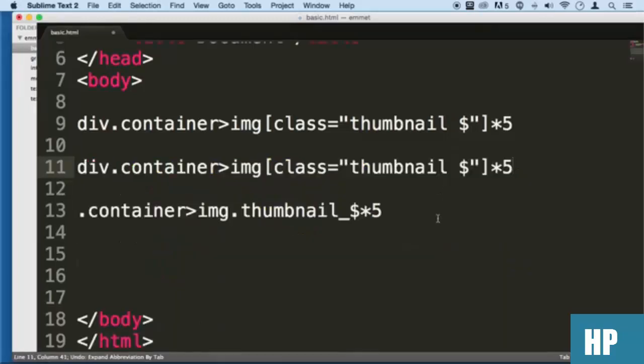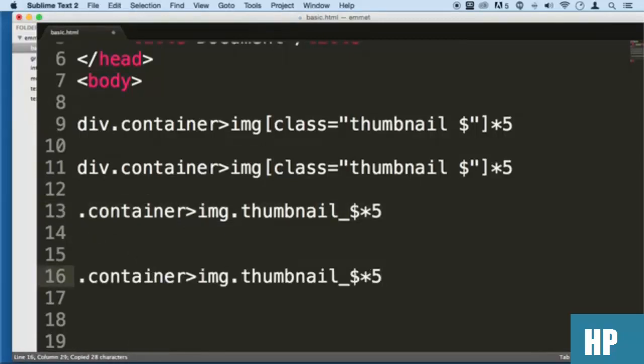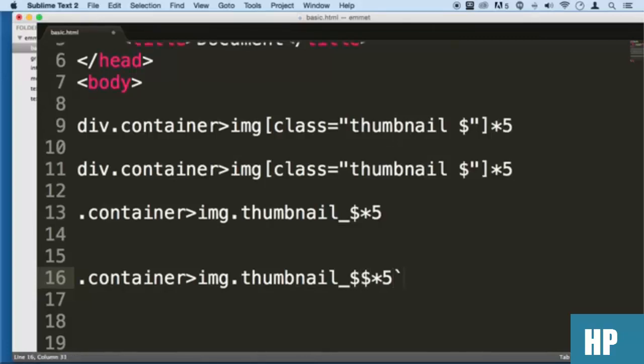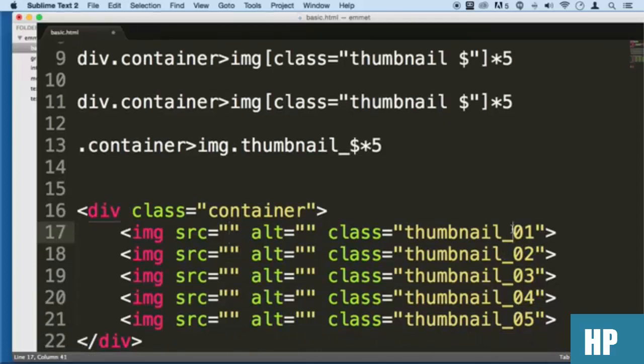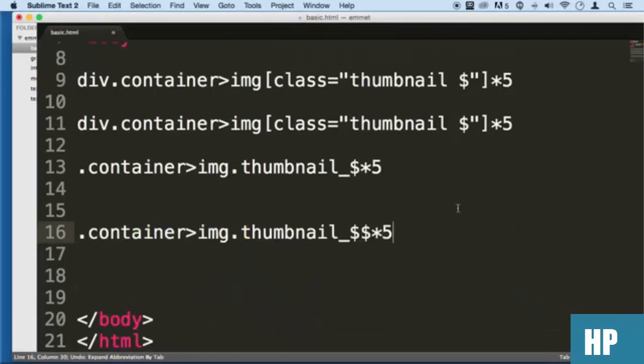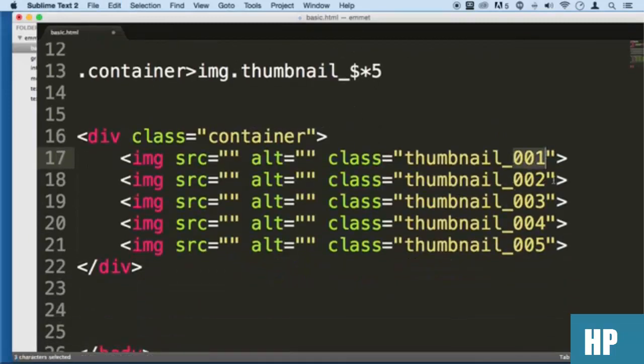All right, so that's the difference between those two. Now there's other things that you can do with it. Let me just show you right now. I'm just gonna copy and paste that one. Now you can also add a 0 to this by adding another $ sign and tab. You can see you can add a 0 in front of it. As a matter of fact, you can add as many zeros as you want. Put another $ sign there and tab again. Right,